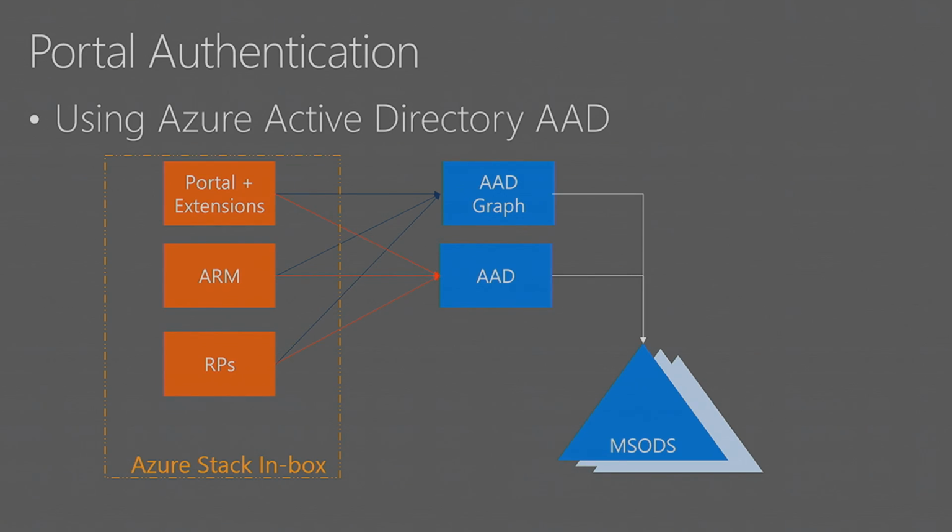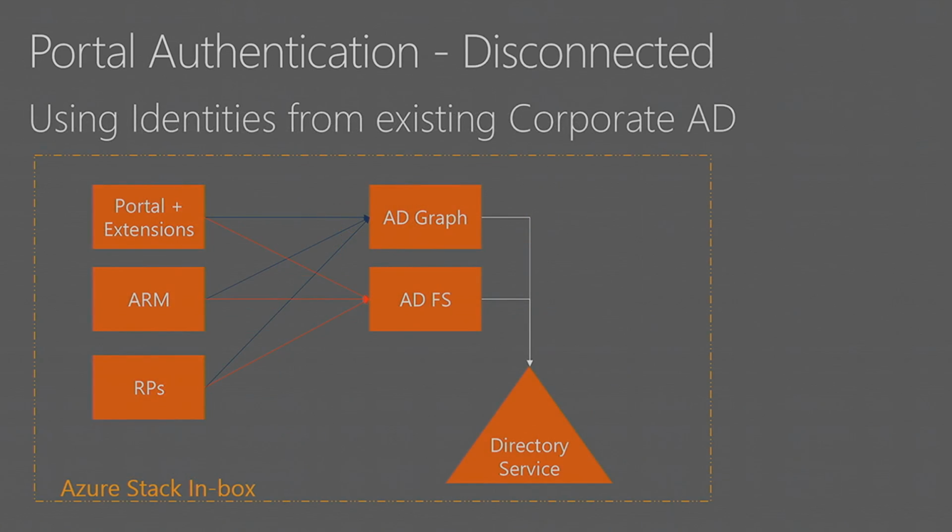Giving you a sneak peek, what's coming beyond Technical Preview 2 is enabling using your existing Active Directory users to authenticate on the portal by using Active Directory Federation services. Now you may say, ADFS is already there. What's the work that has to happen there? So the work that we're doing is refactoring the Azure Active Directory graph service to work with Active Directory on-premise, to enable RBAC even with ADFS.